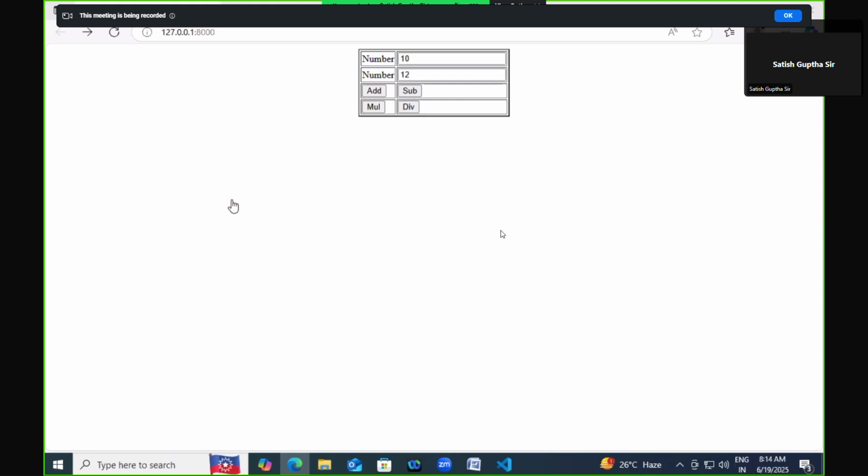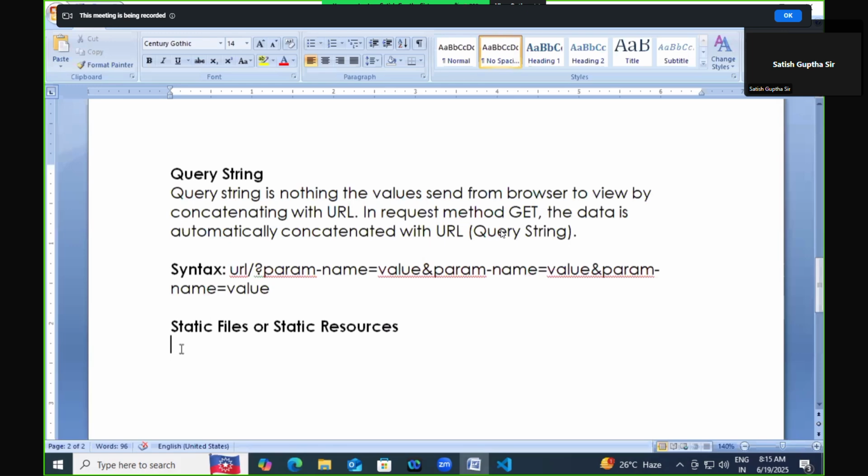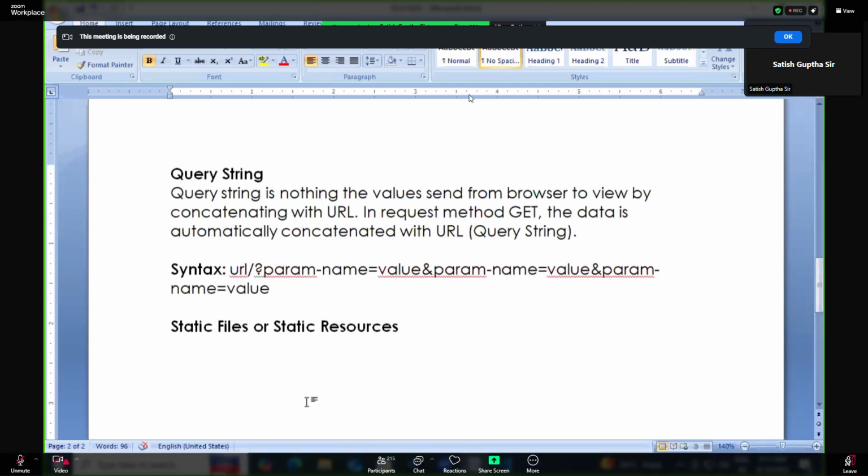Not only that, suppose you have one template and one view. You want to send data from one template to what? Another template. What can you do? You can concatenate with what? URL. Understood? You can concatenate with the URL and send it. That we'll see in the coming classes. First, try to understand how to give the input. Okay, clear? What do you say here? Yes or no? Okay. So next is